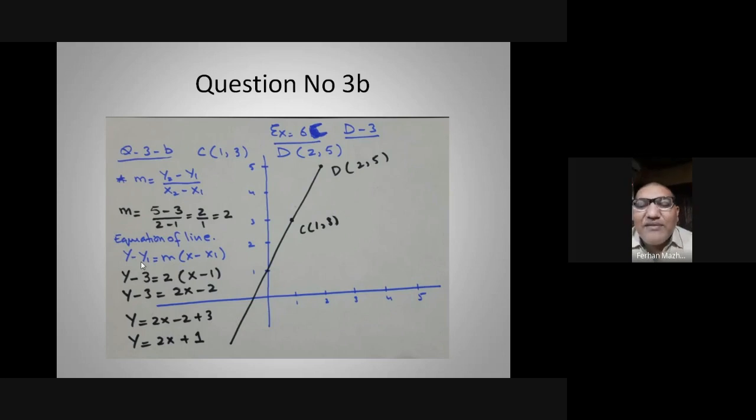So now you have y minus 3 equals 2 bracket x minus 1. y minus 3 equals, that 2 will multiply with that bracket, so you will have 2x minus 2. So take this minus 3 to the other side. So y equals 2x minus 2 plus 3. So y equals 2x plus 1. So that is the equation of that line. And remember one thing, an extra thing which I can tell you: y is alone, equals 2x plus 1. This 2, when the y is